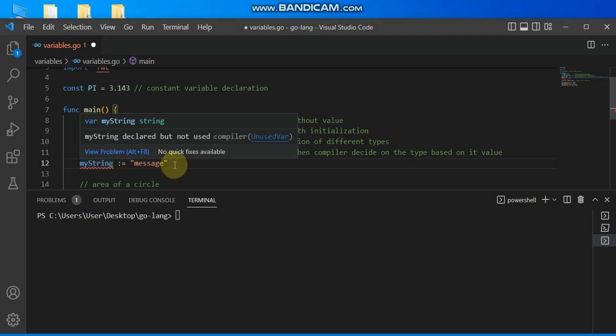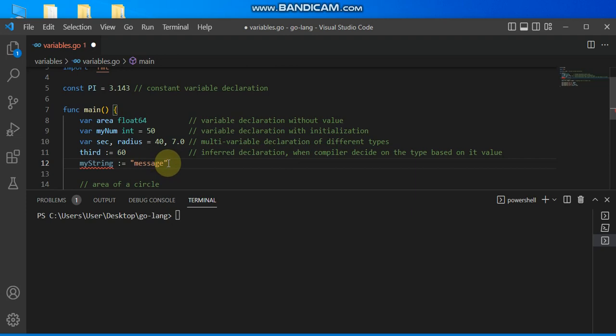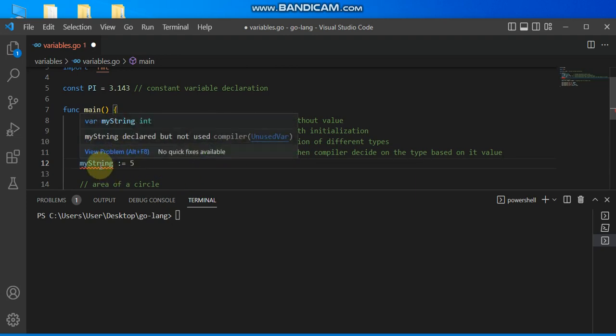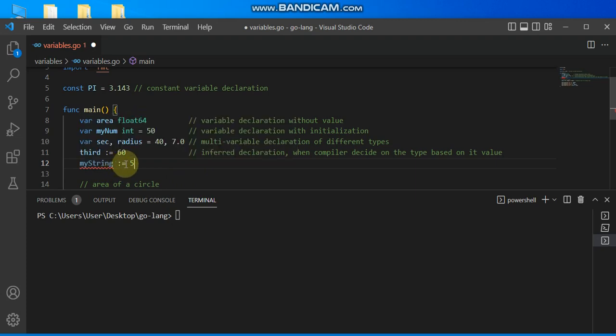This myString will take the type string from the value that is being assigned to it, which is a string value. That's why I have var myString, then string. So the data type is string. If I remove this and put something like 5, the data type will be int. So this method infers the data type